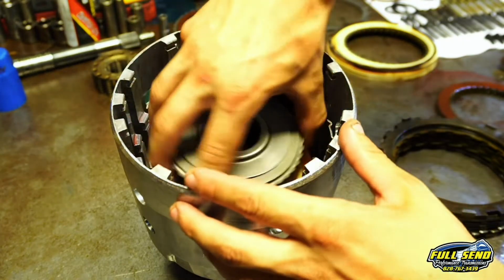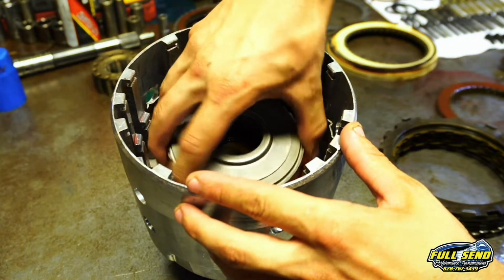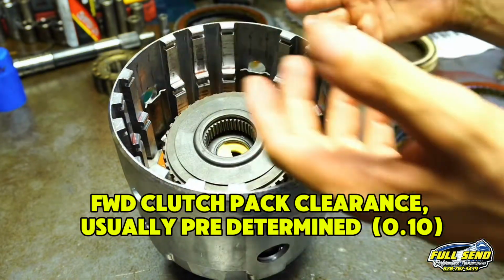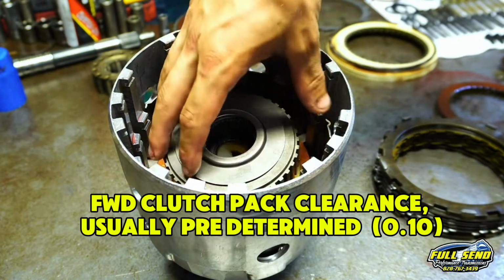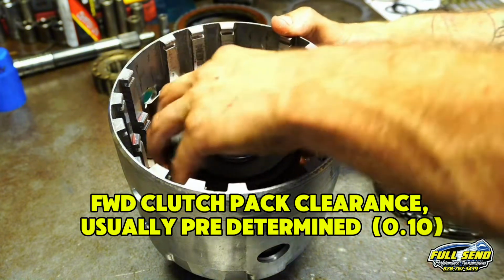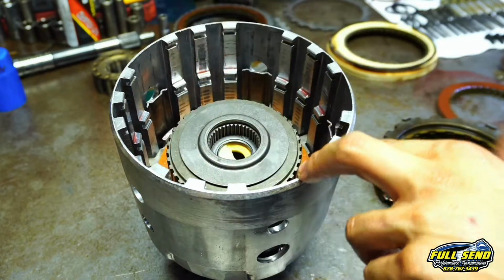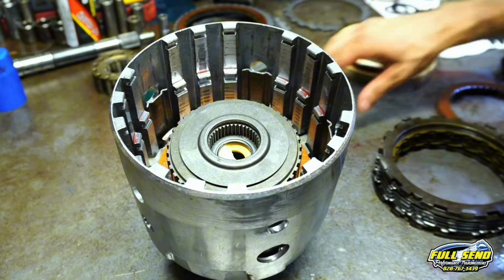All right, this is your forward sprag. You just walk this on top of your overrun clutches. You don't want to put your forward clutch pack in there first, because then when you put this in, it's going to be extremely difficult to walk all that down in there and align all those frictions at once. So always put this in there after your overrun clutch pack. Next, you're going to have a